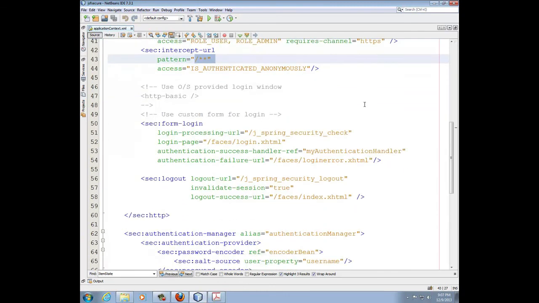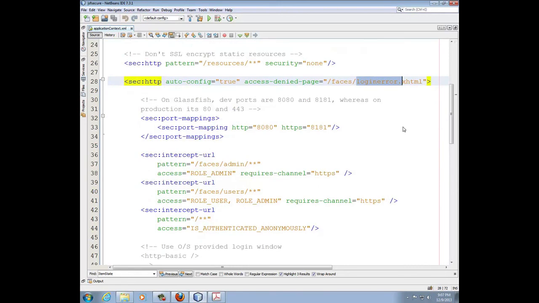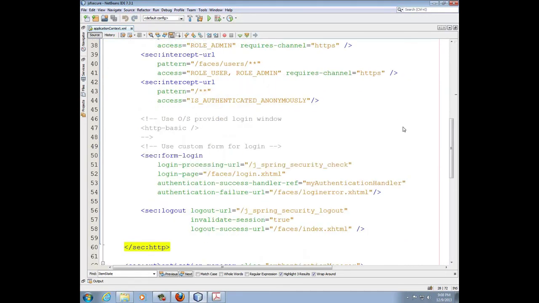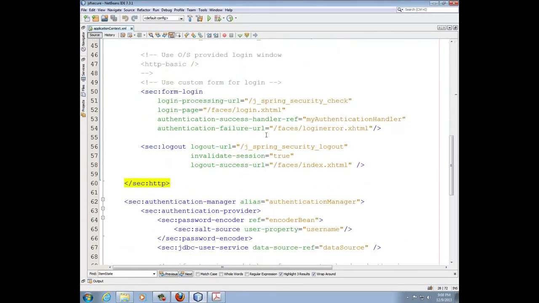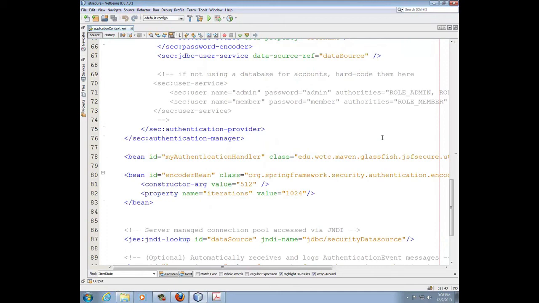The other thing you're going to need to do is decide, where do I go for the error pages? And where do I go for the home page? Or I should say, when you log out, where do I go? And where do I go for the login page? What page am I using for that? And then finally, in your